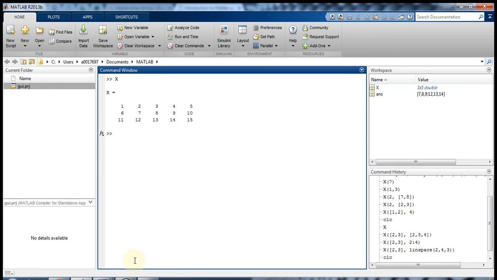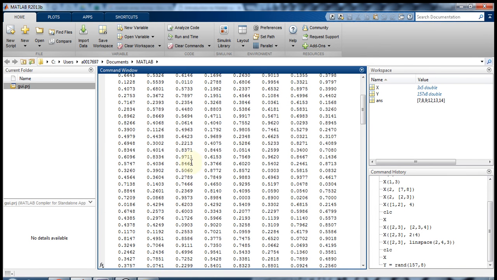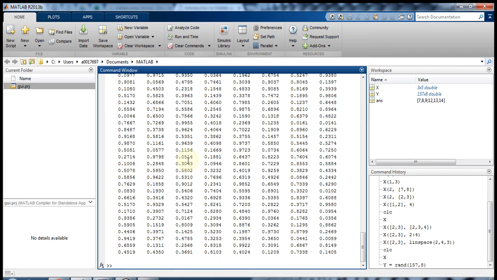Okay, so sometimes I want to represent more than one. Say I want to represent whole columns. So if I have, say, let's make a matrix Y, and let's say it's very big. It's a 157 by 8 matrix. I don't know what it is. It's filled with numbers, but for my application, I want all of the elements in the first column of Y. How could I do that? Well, instead of me typing Y, 1, 2, 3, 4, and so on,